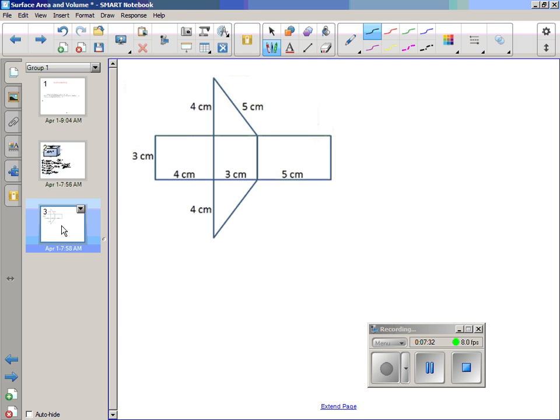Now, we could actually be given a net. This is what this is. It's a net. It's a 3-dimensional shape where if we wrapped it all together, that shape would look like, now